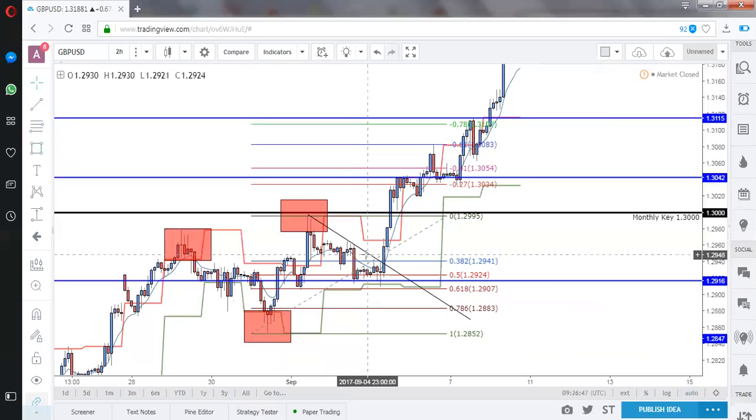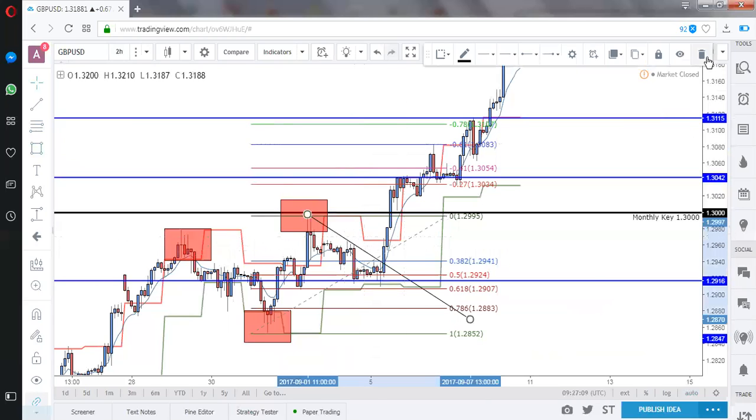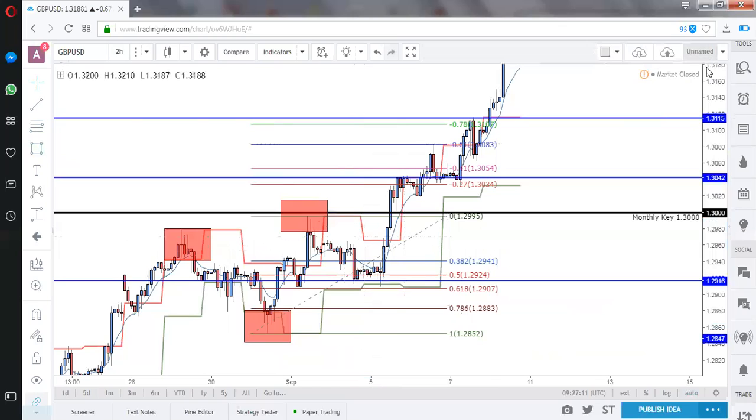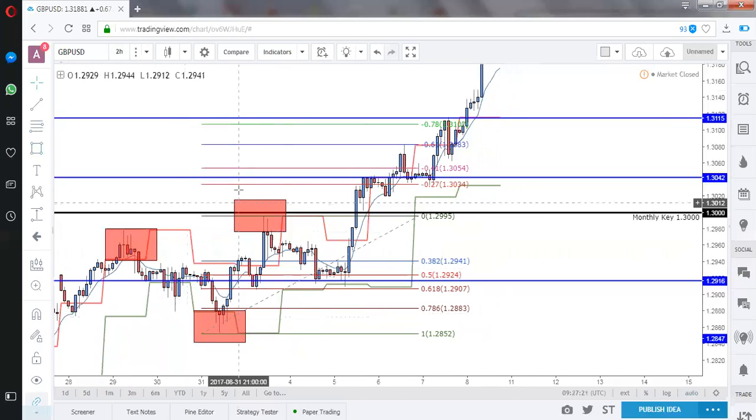So the daily high low is a very important tool, and we've used it for about 2 years now, and it has really helped us to curb and filter a lot of bad trading setups, a lot of false breakouts, and all of that. So that's basically the gist of the daily high low indicator. So what did I say? Sharp breakouts, sharp reversals, breakout of the previous day high, and breakout of the previous day low,